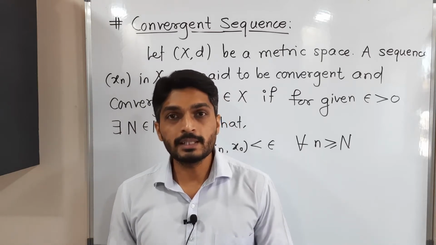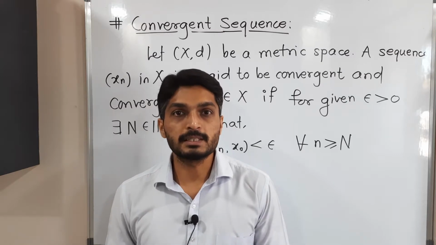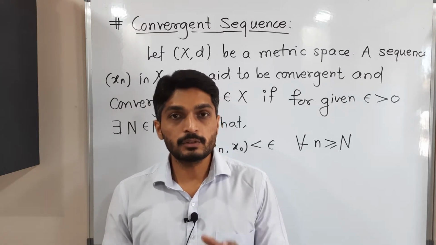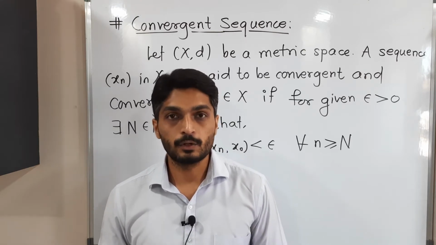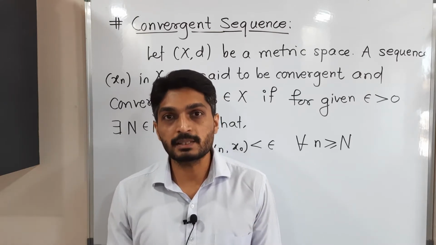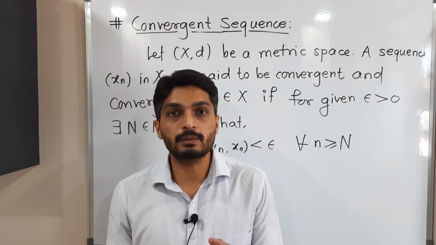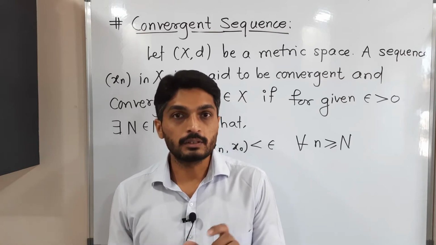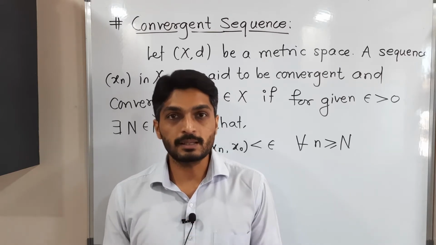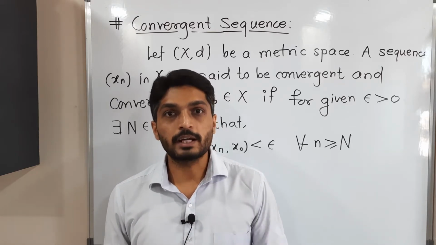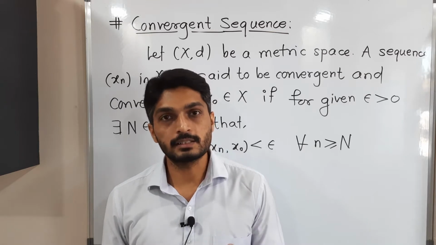We have already seen this in first year BSc and second year BSc. But today we are going to discuss convergent sequences in a metric space (X, d). Here we consider a metric space, and in first year and second year we considered the set of real numbers, or R2 and R3. So see, the concept is basically the same, just the way of writing in a metric space (X, d) is different.